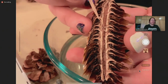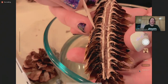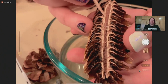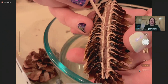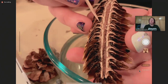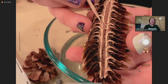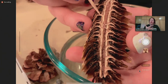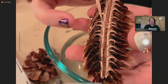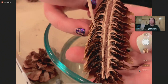But you can see they have this really strong central stem, and then we've got these, actually the ends of the scales radiating out from that central stem. And so this darker wooden bit is a slightly more loose cellular structure, and then the lighter wooden bit just to the side of it that's coming out into the scales is a more dense woody bit. When the cones get wet, the water comes into these denser cells, and they immediately start to swell, and that causes the cones to close up, and that traps and protects the seeds in the spaces underneath the scales,